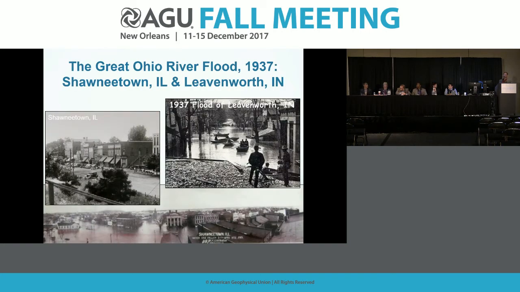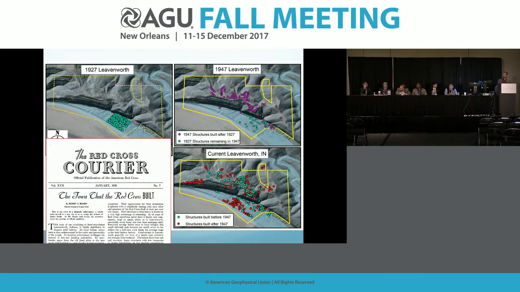Just to mention a couple of others, there were two very widely publicized community relocations after the 1937 flooding on the Ohio River. And I just wanted to mention Leavenworth, Indiana in particular. Almost the entire population of the town moved up onto the bluff tops just above the town. And this relocation, the construction was done by the American Red Cross, and that has not been done before or